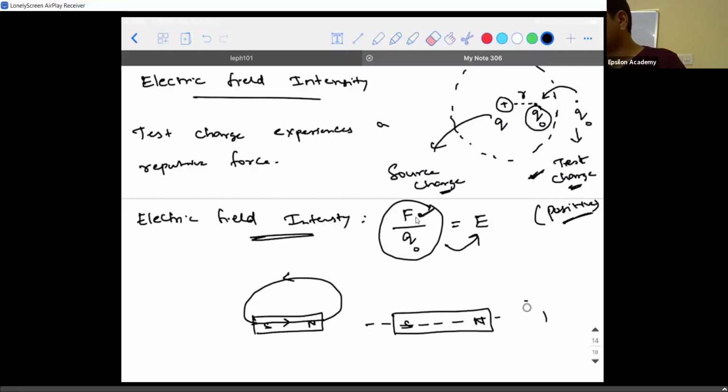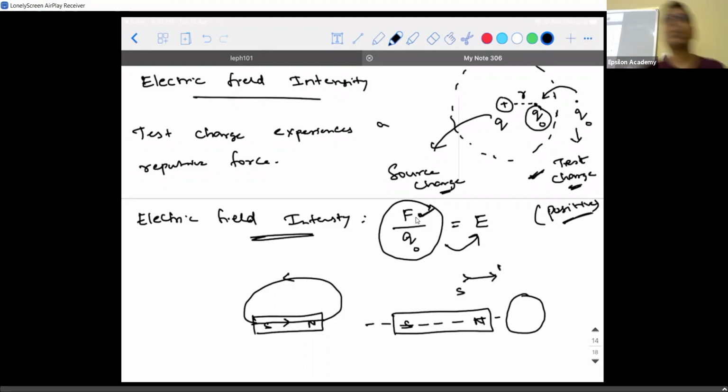Guys on the other side, try to concentrate on this. This is a very important point. If I exactly place it on the axis, I'll call this the south pole and this the north pole. What will be the alignment? If I take this arrow mark, this is a north pole, this is a south pole. Will the compass show this kind of deflection or this kind of deflection? First option or second option in this scenario?